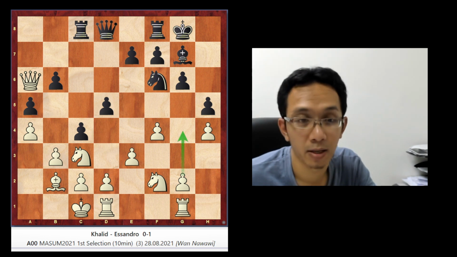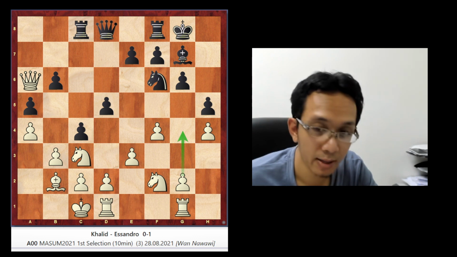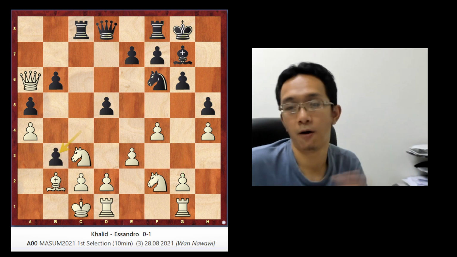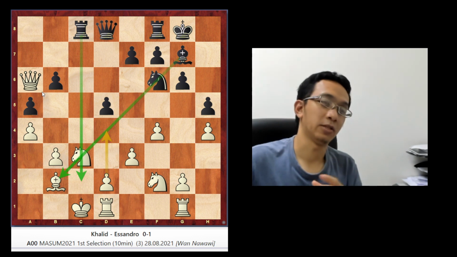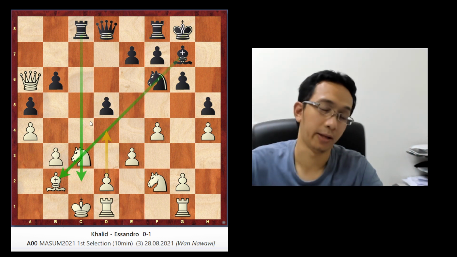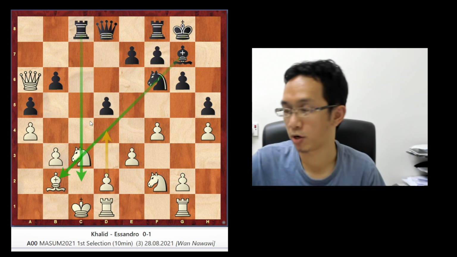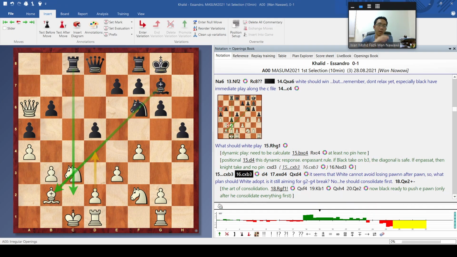In the game, Khalid played rook g1. This allowed the opening of the c5, and all the problem comes because of the c5. So this game teaches you about the importance of counterplay, and preventing the counterplay. You might get the piece, you might get a free pawn, but always be careful about the counterplay. Normally the counterplay occurs in the opening. In the opening, counterplay occurs when you play Gambit.